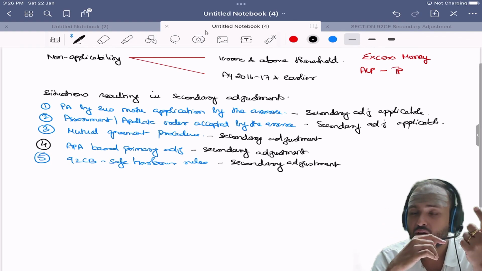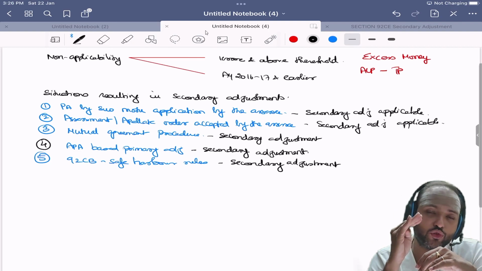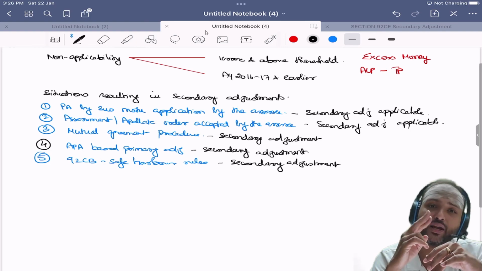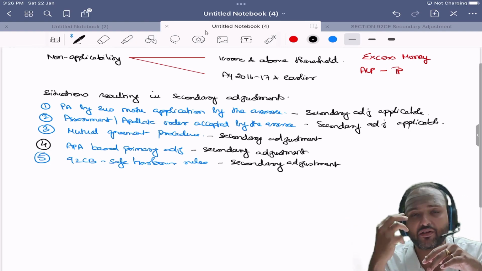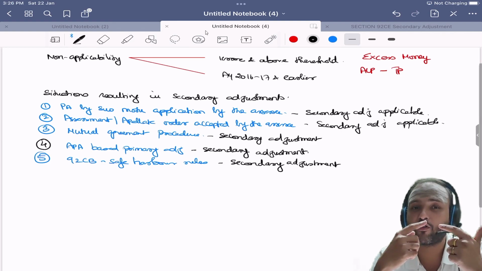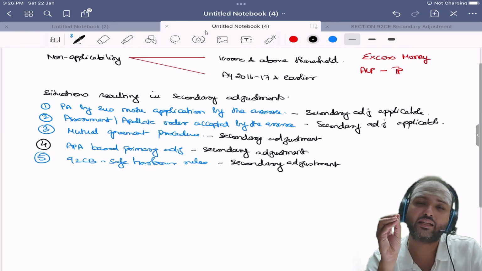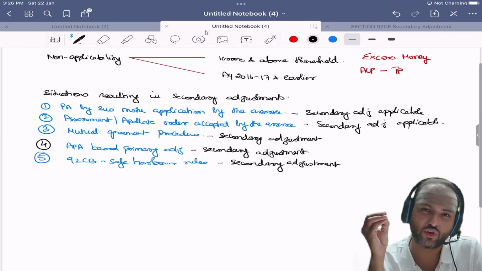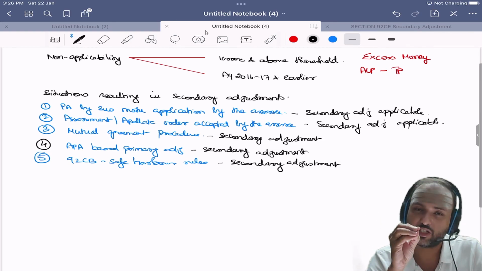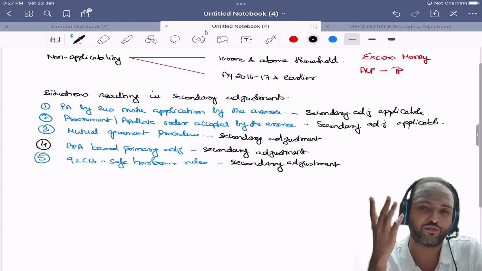If it is income, that is, if it is sales, what happens? If you have booked the revenue short, the surplus that you should have booked will be recovered. If you have booked excess expenditure, whatever excess you have booked, you should recover it from your associated enterprise. Okay, and then you will have to consider it as an advance if you are unable to recover it within the specified time limit, and then you will have to charge interest income on it and offer it to tax.